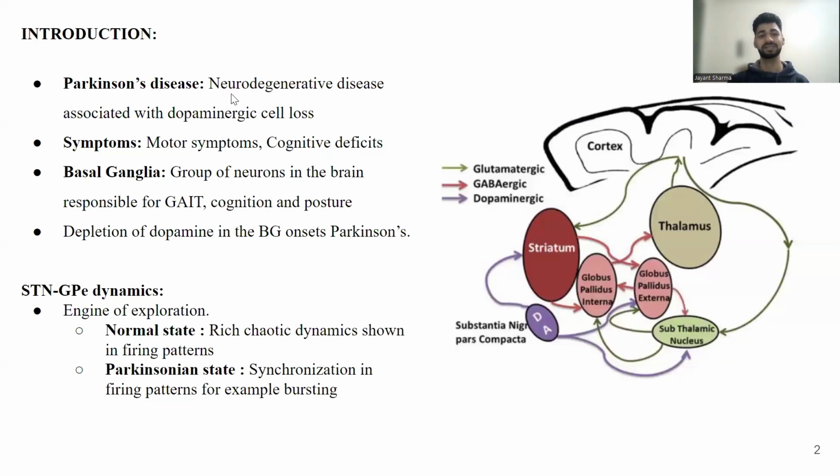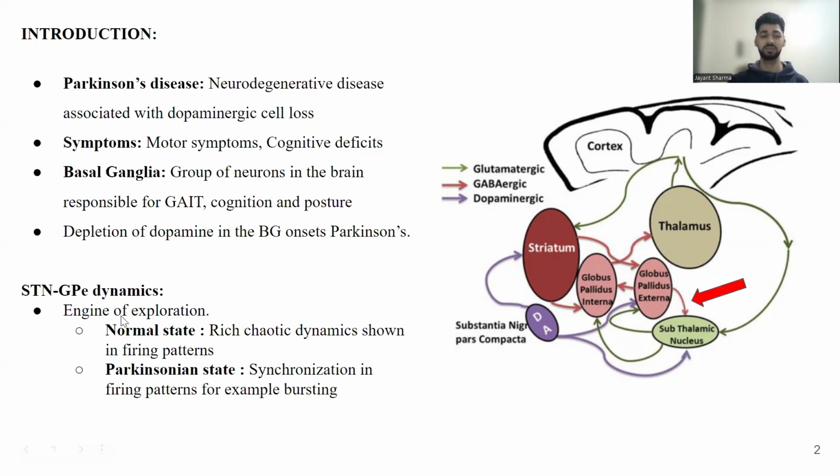As we all know, Parkinson's disease is a neurodegenerative disease which mostly affects older people, and it is caused by the depletion of dopamine in the basal ganglia of the brain. Our point of interest for today is two particular neurons called the STN and GPe loop,